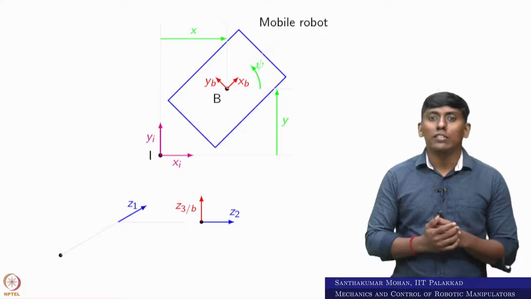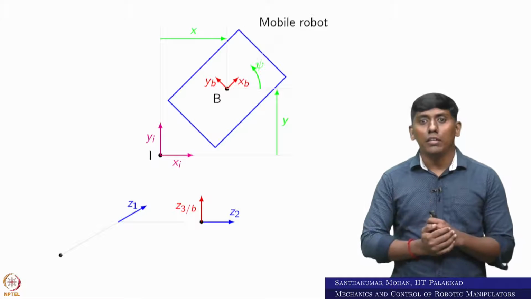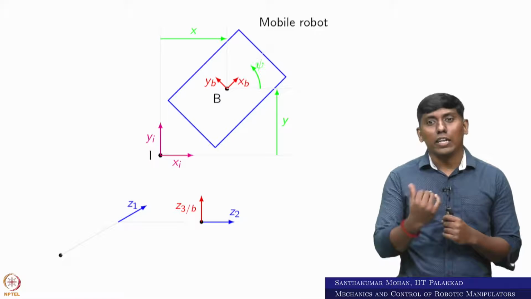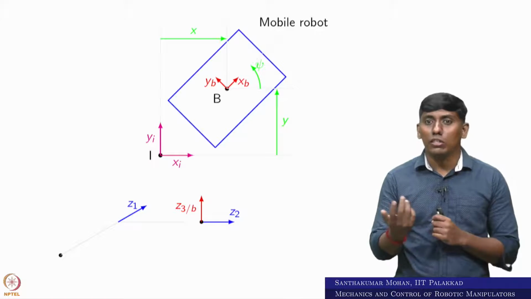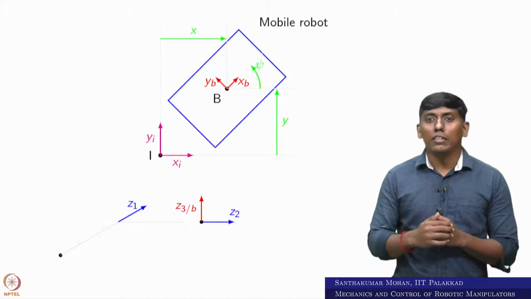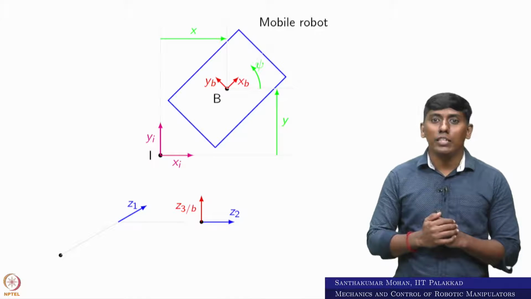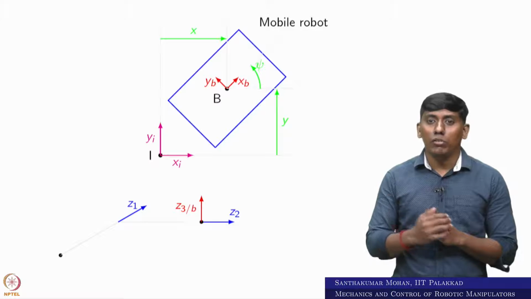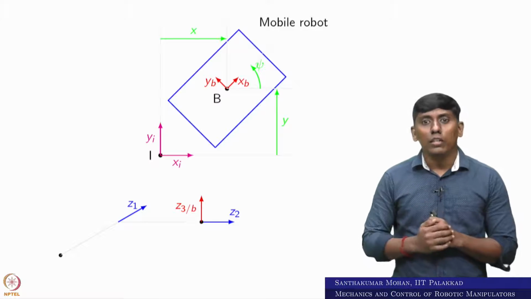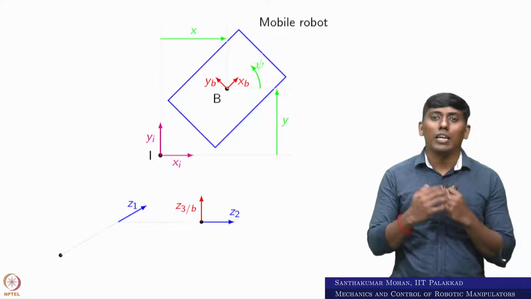that the y axis translation is the first joint, which is Z1, and the x axis translation I take as Z2, which is the second, and the third axis eventually ends up with the body frame, which I am considering as Z3. So Z3 is coincident with B. Okay, so these are the 3 joints which are active.